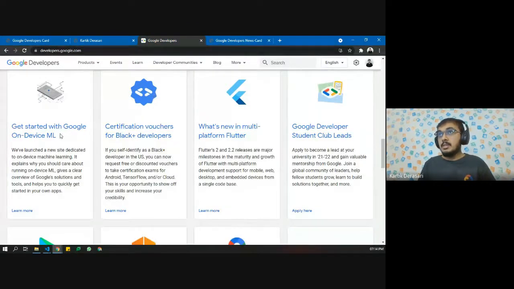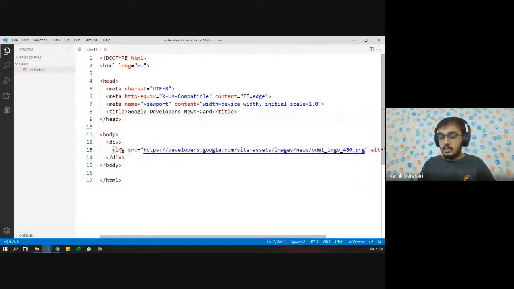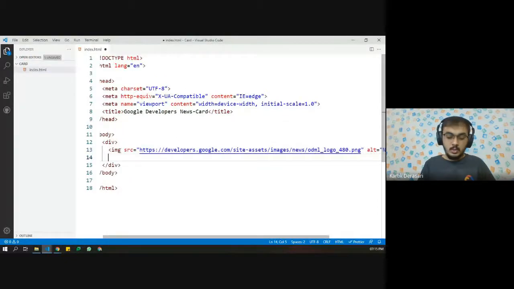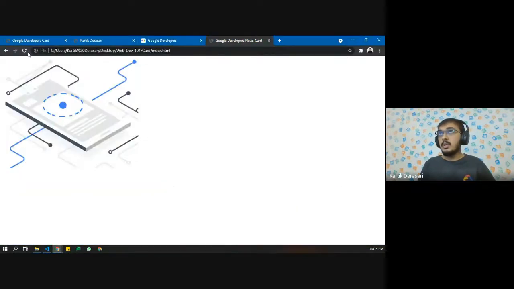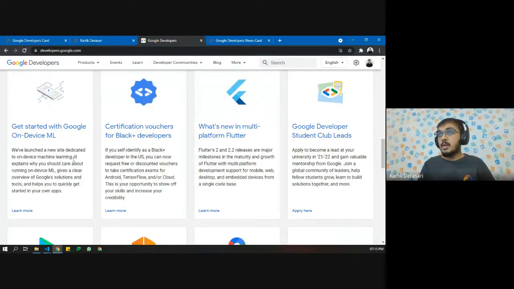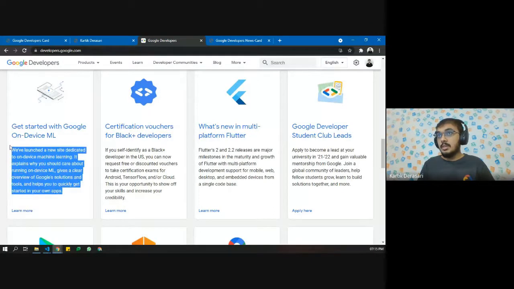What is next? Next we have "Get started with Google on device ML". It looks like a heading, so let us try using H2. Let's paste the content and see how it looks. Okay, the structure is proper. Now let us copy this content.